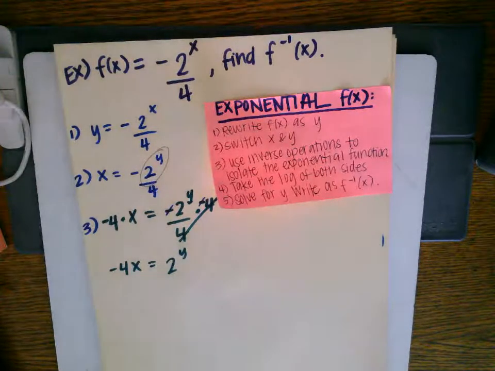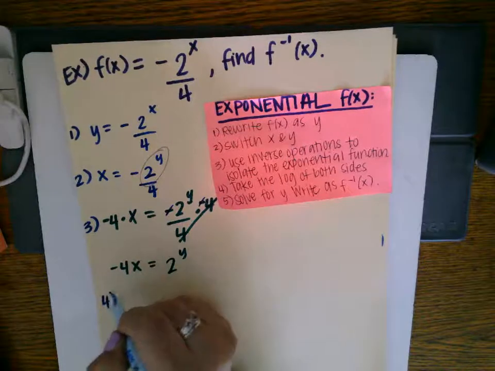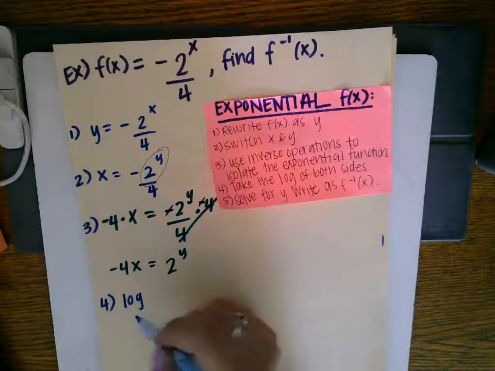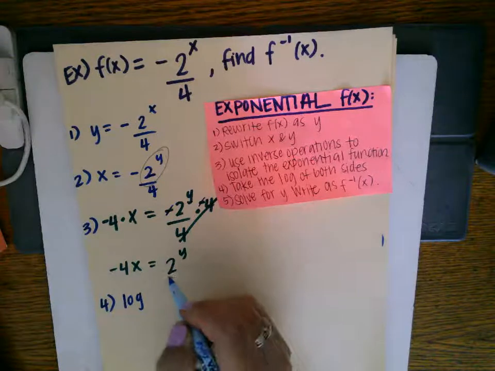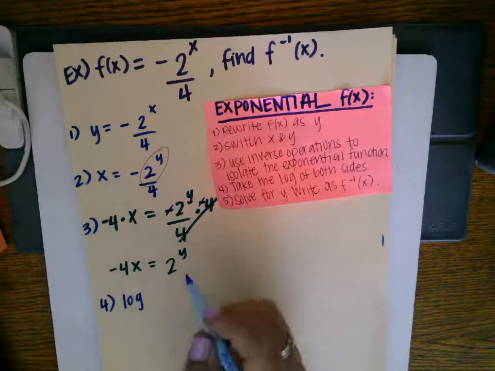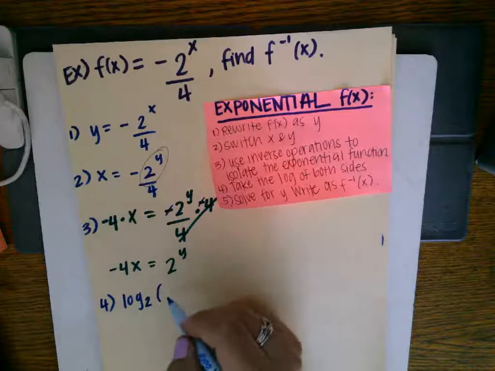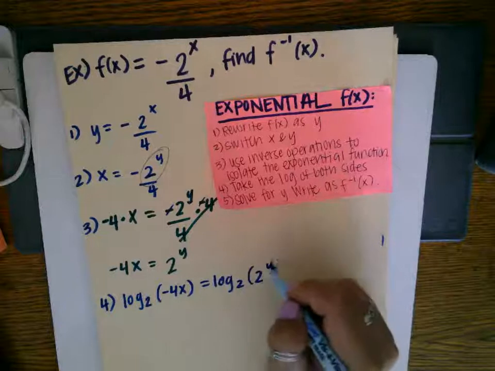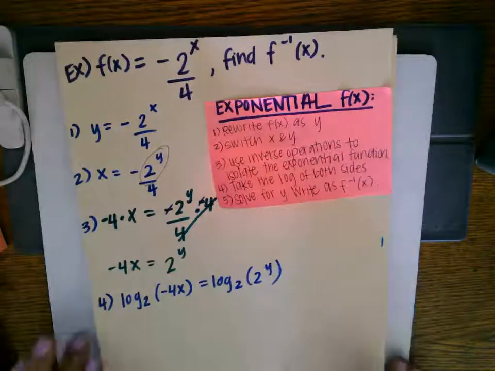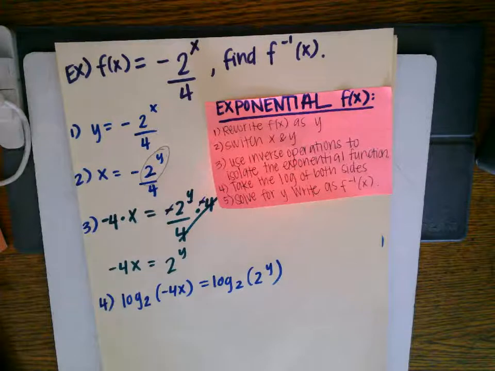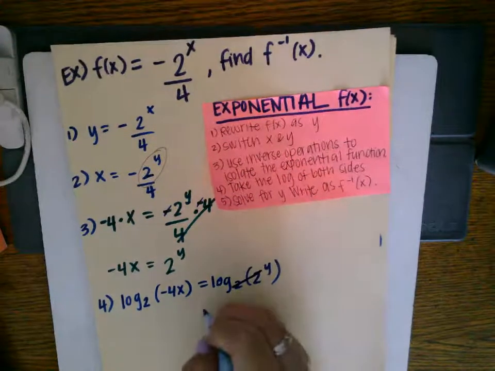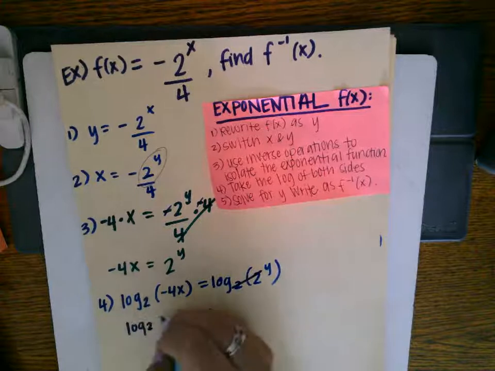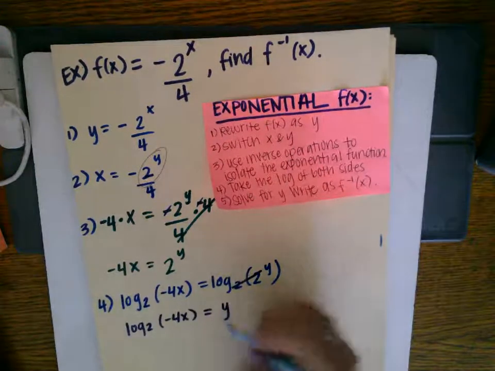And step 4 says to take the log of both sides. So step 4, I'm going to take log, but not just any log, base 2. Since the base of my exponential is 2, the base of my logarithm should also be 2. Since logarithms and exponential functions are inverses by nature, they undo each other, just like addition and subtraction undo each other, multiplication undoes division. So what happens is I end up with log base 2 of negative 4x equals y,